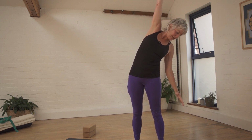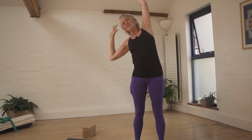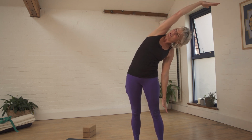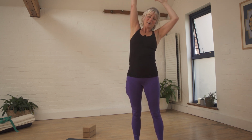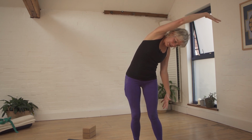And then you might want to pull that arm all the way down and over. Just do as much or as little as feels good in your body. Going to take that one more time, just side to side. And then we can add in a sideways with a forward reach, bending the knees a little and then swoop